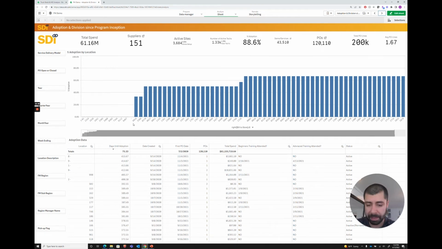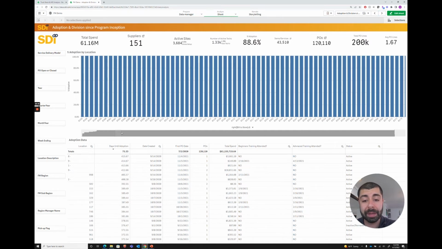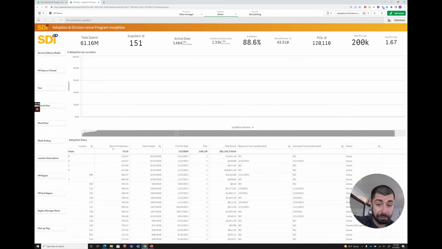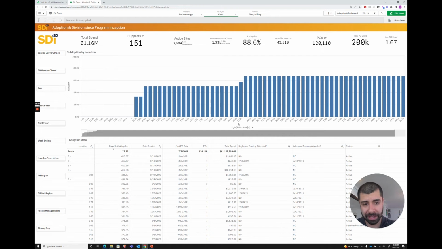Now, this program has been implemented for a little bit of time, so my guess is that they're ordering around the program, right? And you can see there's multiple technicians assigned to each store, so you can have different adoption levels. But ideally, the adoption level would be 100%. And to be fair, if we look, a lot of them have it at 100%. But this is identifying our worst offenders here, where we can target and say, listen, we know adoption is 88.6%,